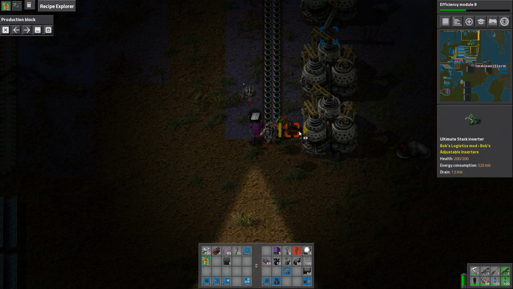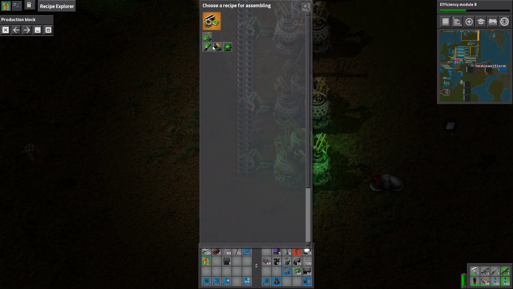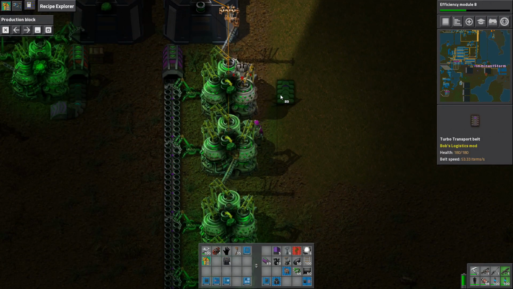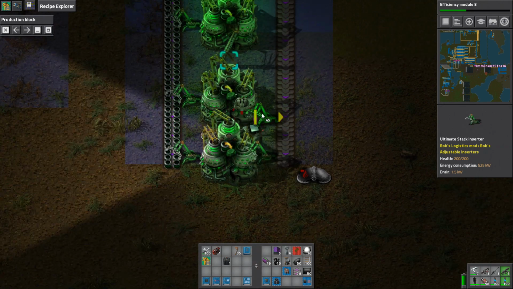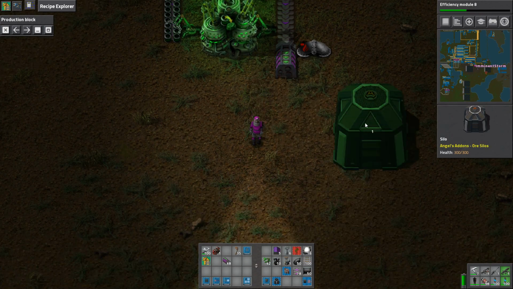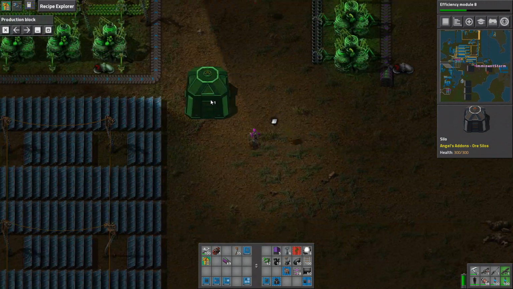Another thing I need to do is set up a facility that is going to make the ultimate belts, because we have those unlocked, but we're not making them yet, so... And actually, let me just... we're